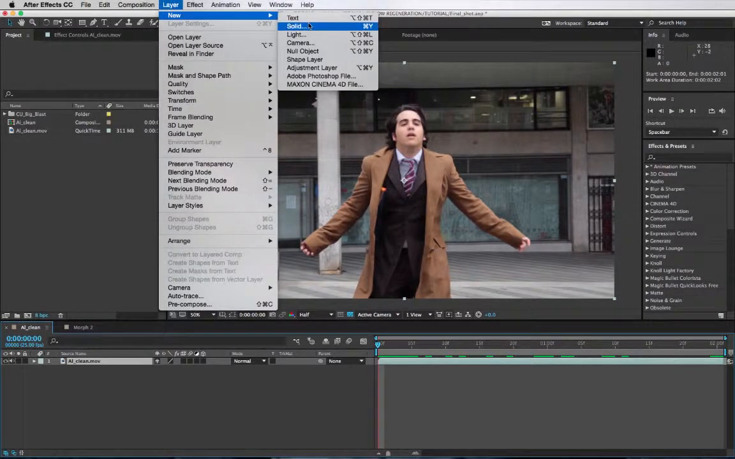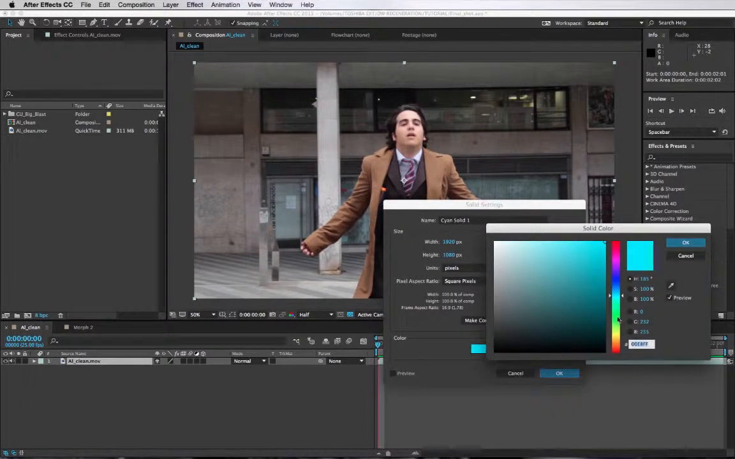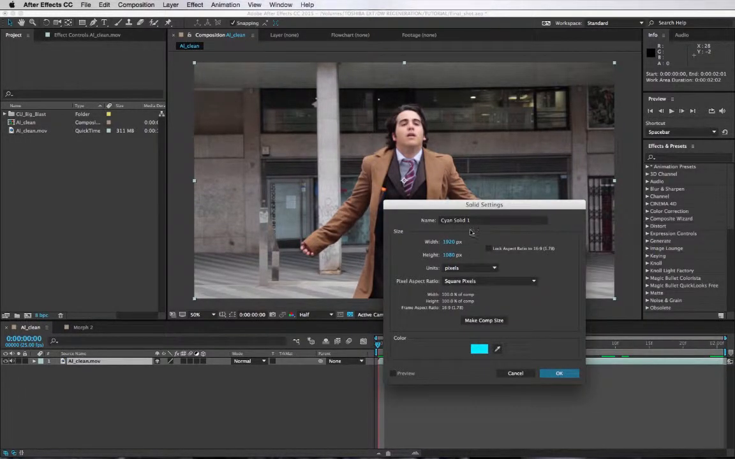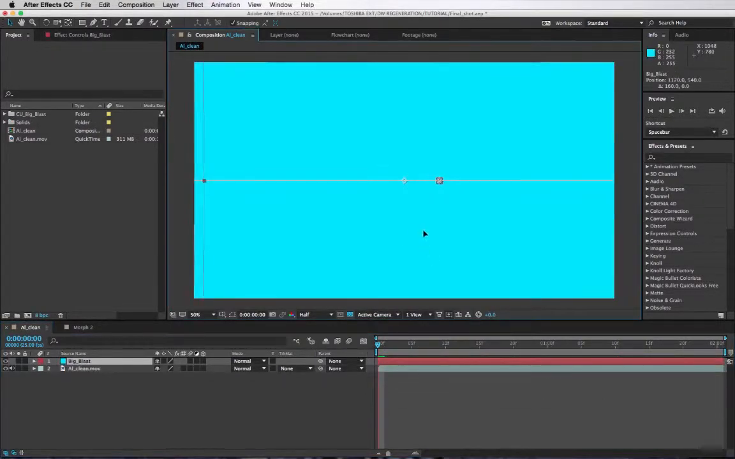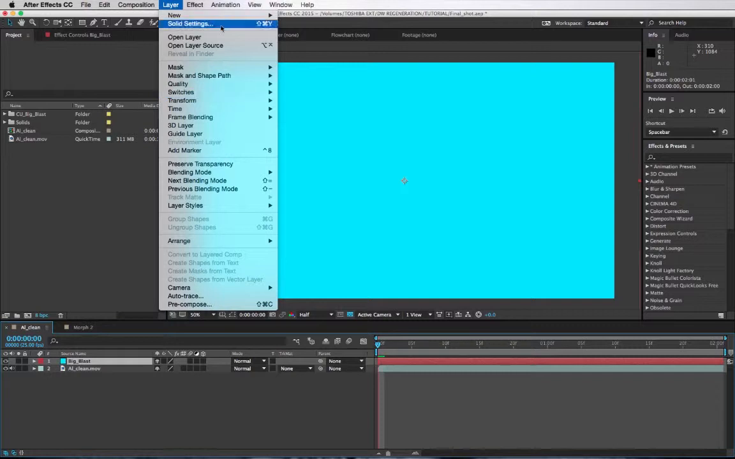Let's first create a new solid. So let's make this, yeah, okay, blue, and this is going to be big blast. And I want to make it a bit bigger than the composition, so let's make it bigger. Okay, because I'm going to move it, it's going to move a bit. I mean, I could also move it later, but anyway, in this case, I'm going to create a new